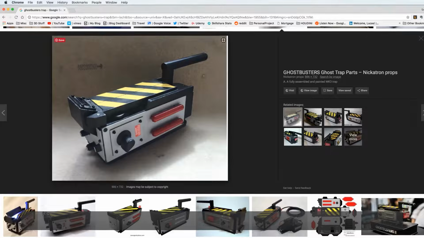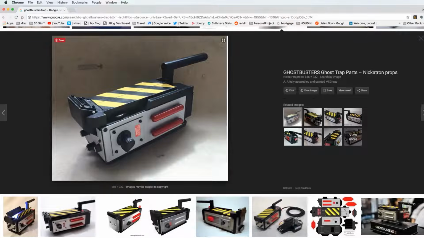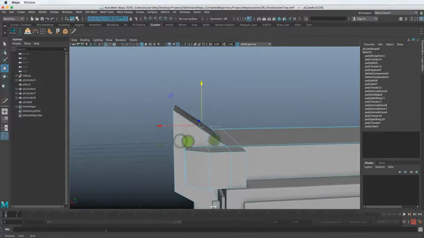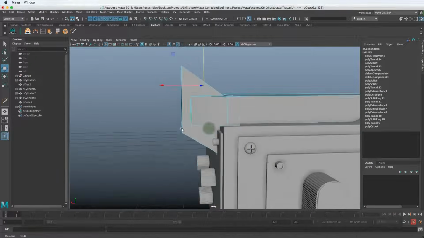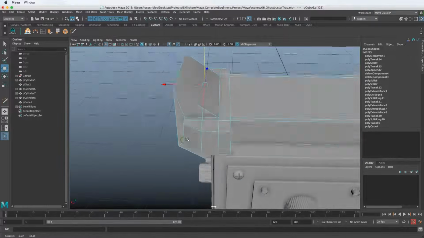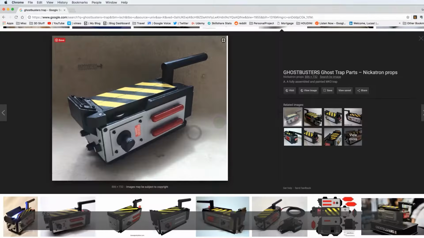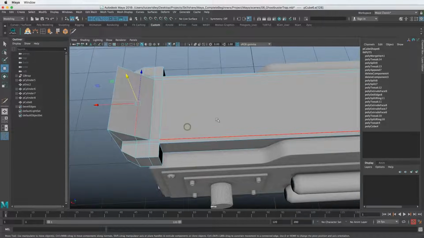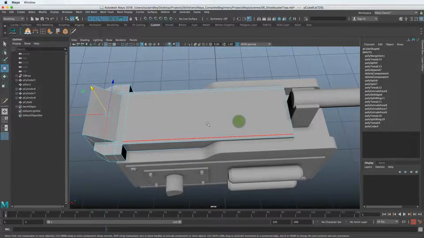Okay, now we have this kind of interior face set up. We can extrude that out, or we could model it on its own. It really depends on whatever you want to do. But the other thing I want to go ahead and do is just bevel all of these edges. So I'm going to go ahead and also make this thing before I do that.